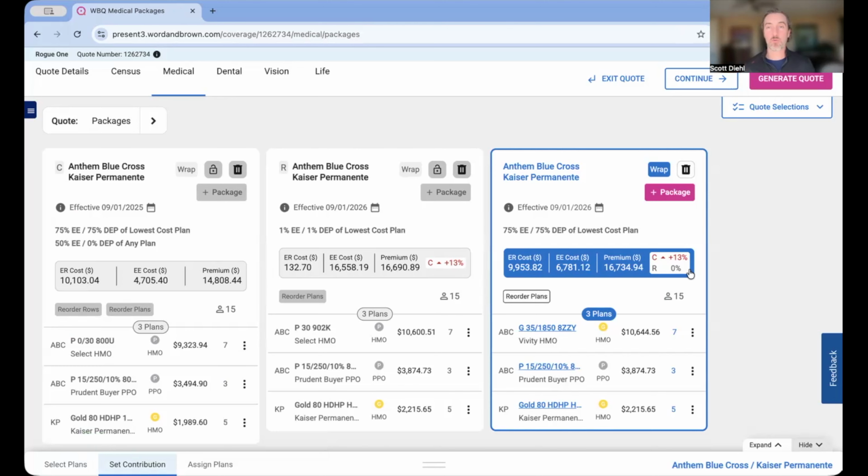I can now see quickly and accurately the reflection of percent difference between contributions and costs. I can also see that all of my employees landed on the correct plan. Uniform plan assignment all the way across the screen tells me that I've done an excellent job. And I can also see there are no errors on the page, so I'm able to proceed on and generate